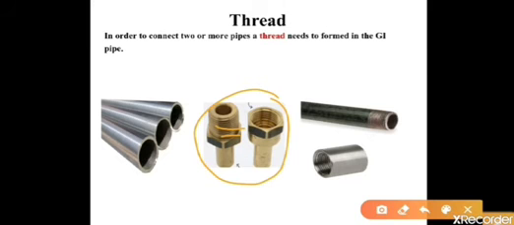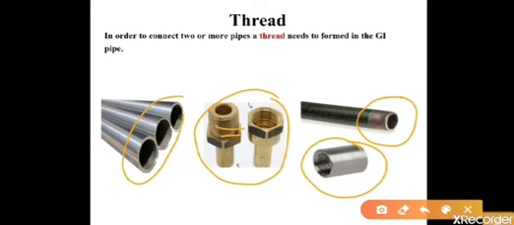This thread will work like a screw, like how we attach machinery items with a screw. Basically the thread will help you to connect the pipes that way. This one is the external thread and this is the internal thread, and if a pipe does not have any kind of thread, it will not be possible for us to connect. So this is the basic overview of what a thread is.